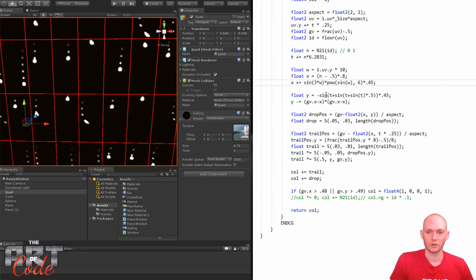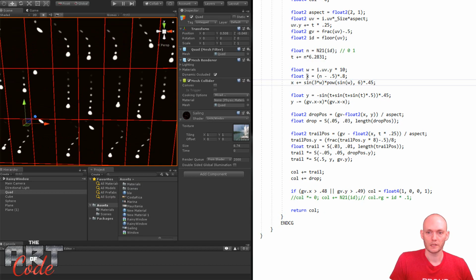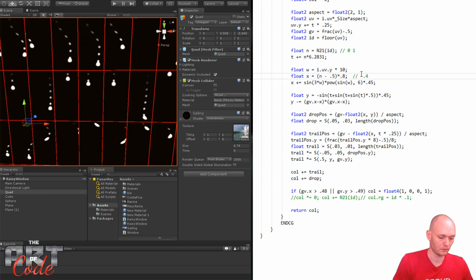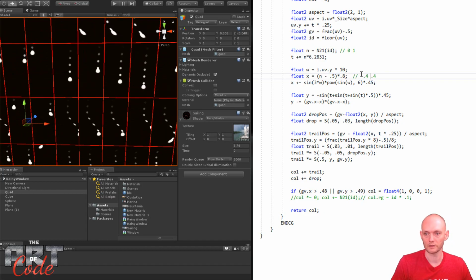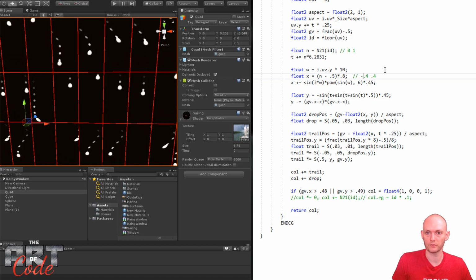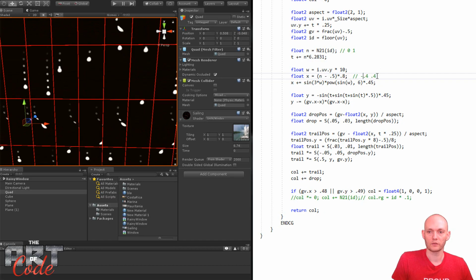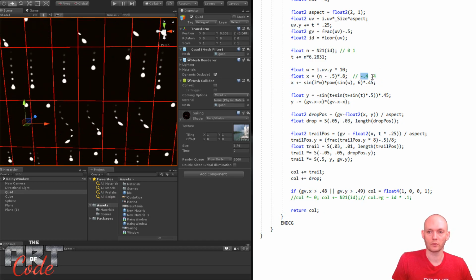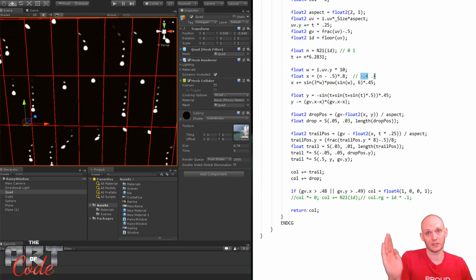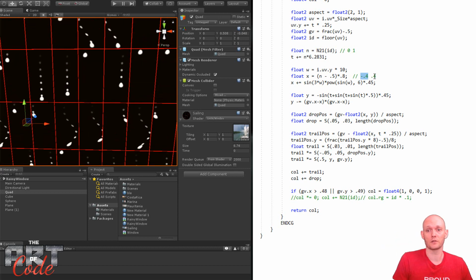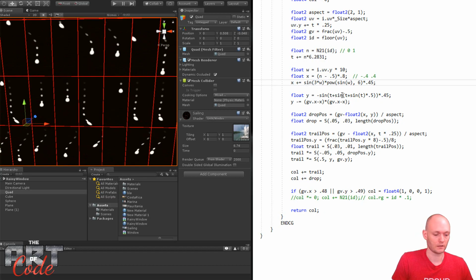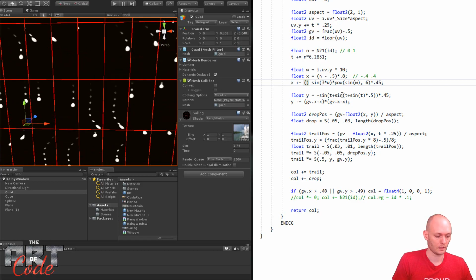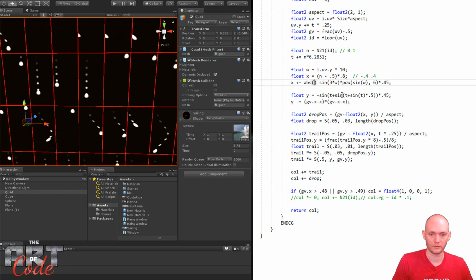For that, I'm going to use this x value here. Right now this x value goes from minus 0.4 to 0.4, right? It's a random number from minus 0.4 to 0.4. And we just want to throw that into a function that returns 0 when it's either at minus 0.4 or at 0.4, and as it gets closer to the center, it gets larger, closer to 1. For that, I could just do something like this. I could say the absolute value of x,